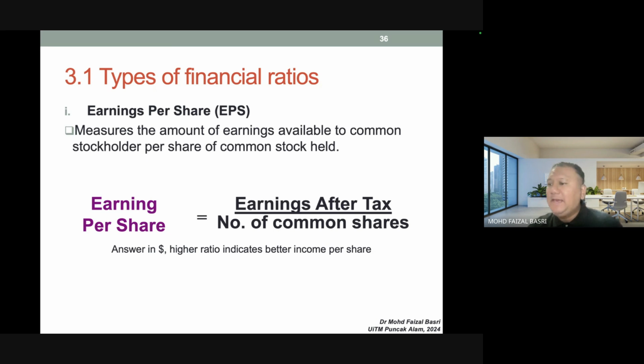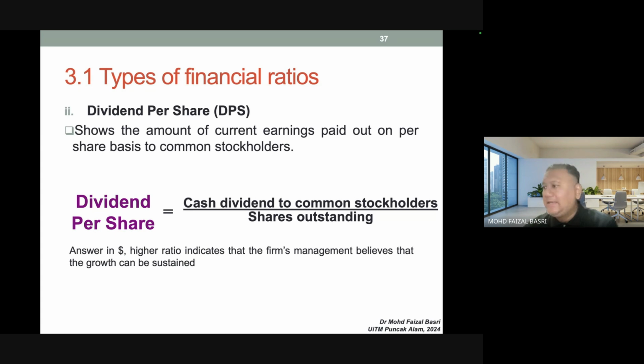So in this case, EPS, earnings per share, the answer will be in ringgit. Okay, the dollar sign is ringgit, in our case Ringgit Malaysia. The higher the ratio indicates better income per share to the shareholders. Like the net profit margin we measured earlier. Net profit margin is net profit divided by sales. So EPS is net profit divided by how many million units of shares there are. Number of common shares in the market now. So the higher the ratio, the better the possibility of income to the shareholders. Second, we have